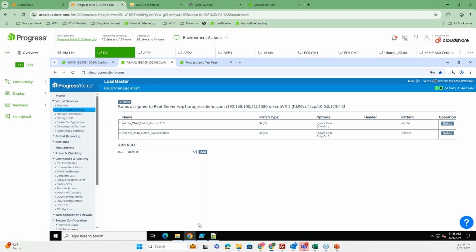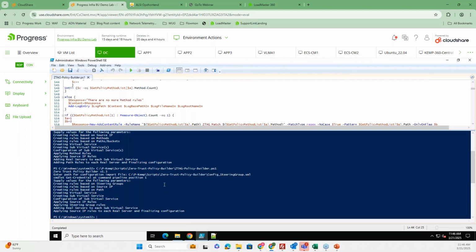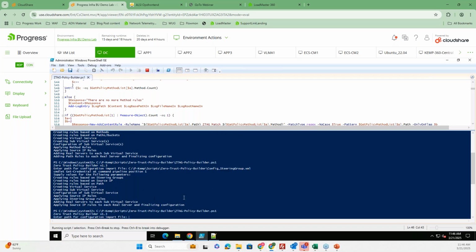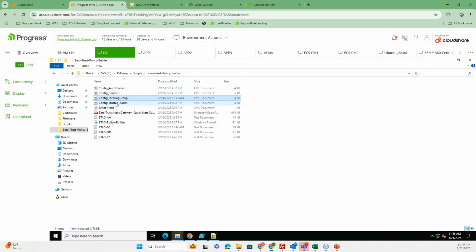Right, and because we still have time, let me run this other one as well. So here we go. We run this script once more, and we try another test file out. Trusted zones.